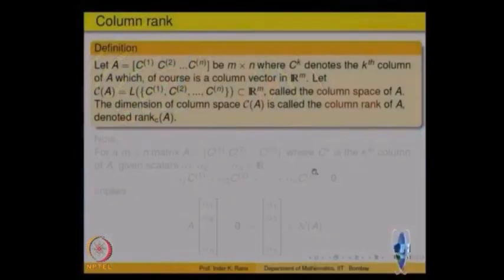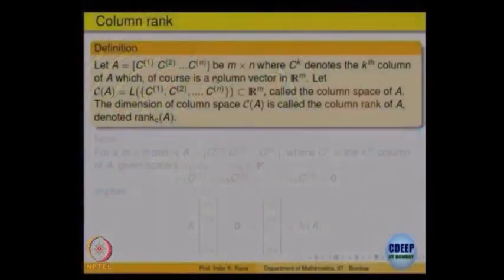And similarly, we will have it for the columns. So, take the matrix and write the column vectors C1, C2, Cn. There are n of them, as it is an m cross n matrix. Each column has m entries. So, you can write a matrix in the column form, with only the columns written down.